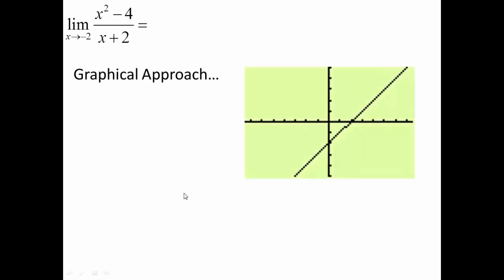When you graphed it in your calculator, hopefully you got something that looks sort of like this. If you didn't get exactly what I got, if you're in the TI-83/84 series, you'd hit Zoom 6 to go to your standard viewing window, and you'll get something that's probably a little bit bigger than mine. Or you can count up the tick marks, see what my actual window is, and adjust your window manually. The point is, you should see something that looks like a line, because it is a line. X squared minus 4 over x plus 2 may not be what you're accustomed to the equation of a line looking like, but look at the graph, it's a line.